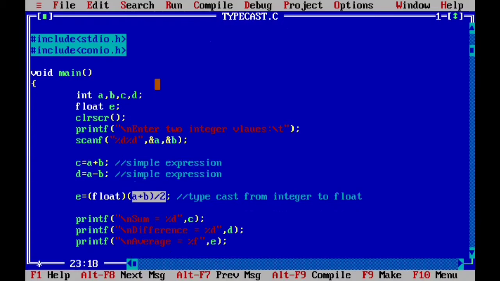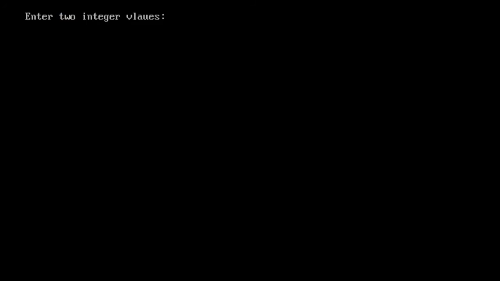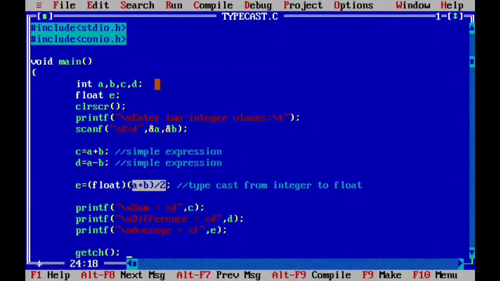Let's see the output of this program. Now suppose the values given are 10 and 4, right? Sum is 14, difference is 6 and average is 7. 14 divided by 2, the average has been shown as 7 and the decimal part is also shown with 6 figures, right?